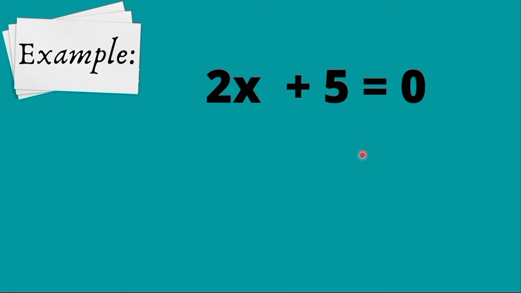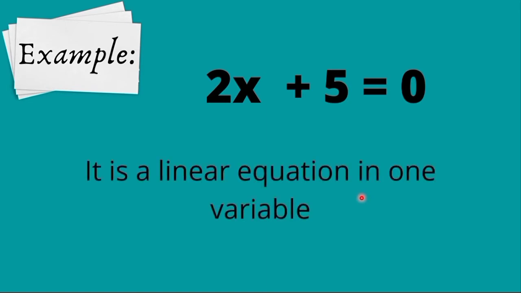We have here 2x plus 5 equals 0. Is 2x plus 5 equals 0 a quadratic equation? Let's check. This is not a quadratic equation because, as you can notice, there is no term with an exponent of 2. The highest exponent, or the highest degree found here is 1, and that 1 is found here. So this one is not a quadratic equation but a linear equation. Next,